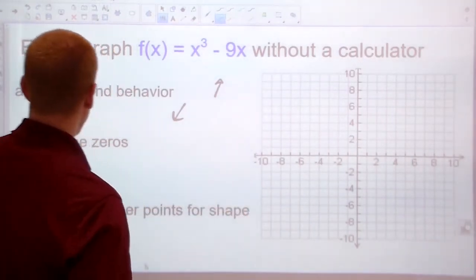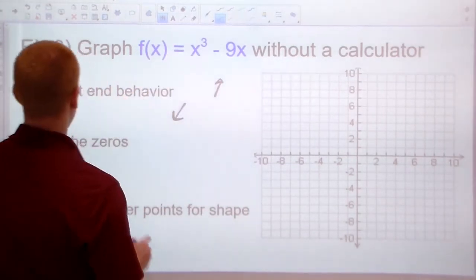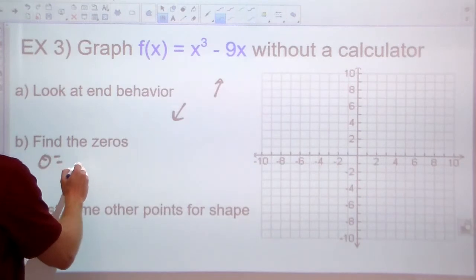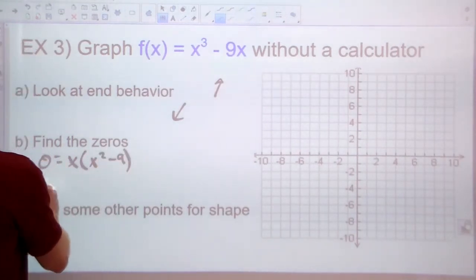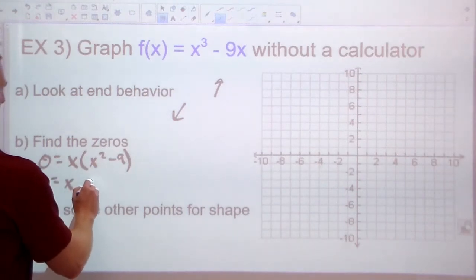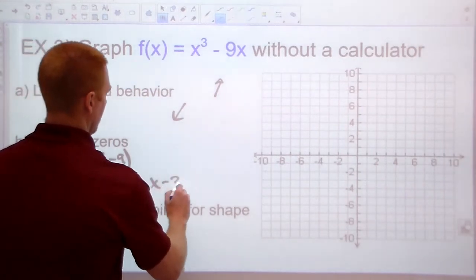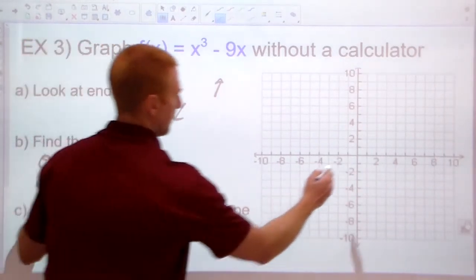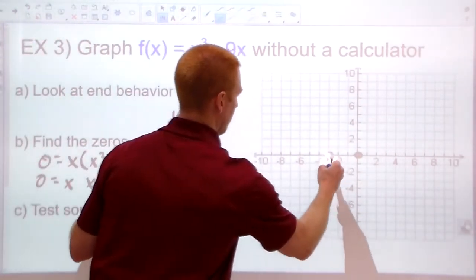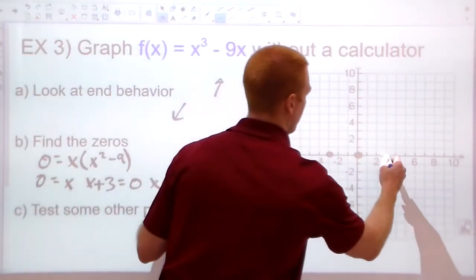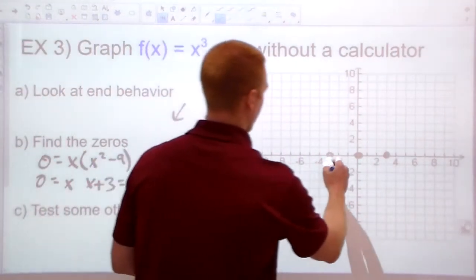I will in a second, right after I find the zeros. So zeros, well, let's see. If we set this equal to 0, and they have an x in common, so x squared minus 9. So x equals 0, x plus 3, and x minus 3 equals 0. All right, so 0 is a solution. That would become x equals negative 3. This would become x equals positive 3. Those are our zeros. Now, left end is going to point down, so I'm going to go ahead and from